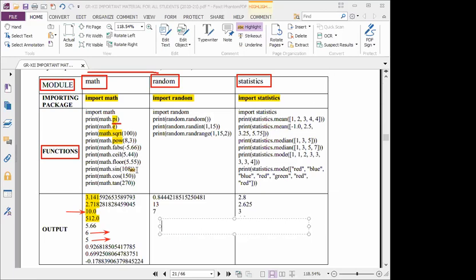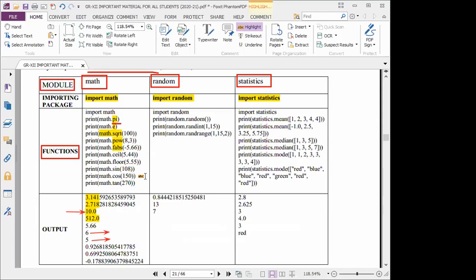Then the next function is the fabs function. Fabs will return the absolute value. Whatever value you give inside, it will display without the symbol, whether positive or negative. It will just display the absolute value.